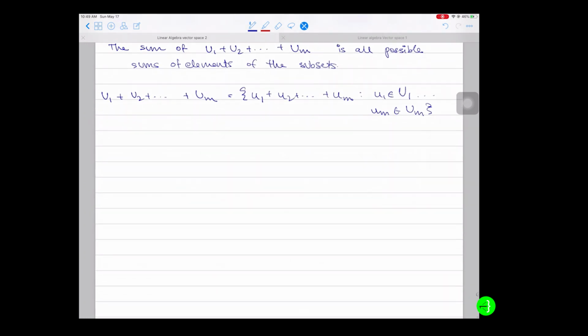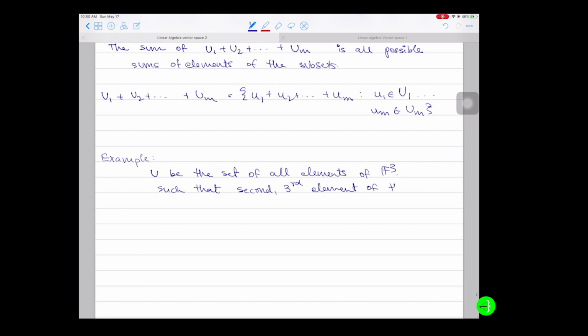So let's see a small example. Let U be the set of all elements of F3 such that the second and third element of U is 0, and we suppose that W is the set of elements of F3 whose first and third element are 0,